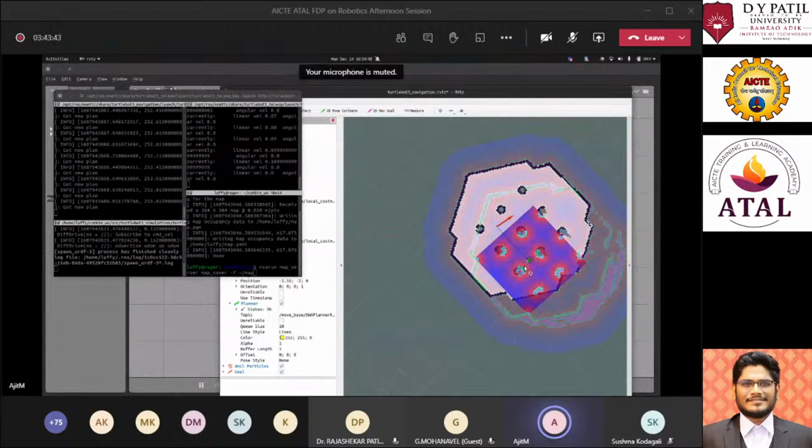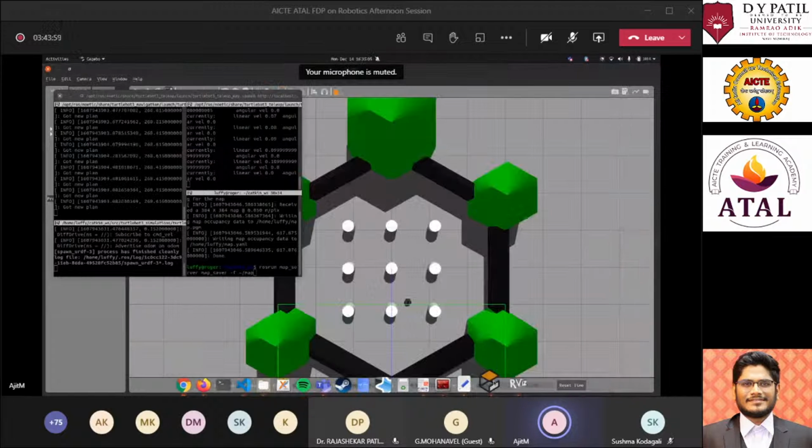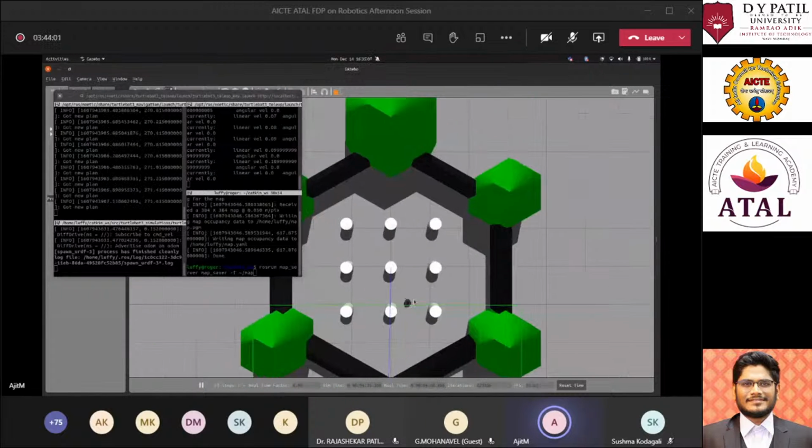So right now the robot is trying to localize. It's checking whether it is on the correct point which it has to reach. Now you can see it is trying to reach that specific point. If you go back into the gazebo simulation,